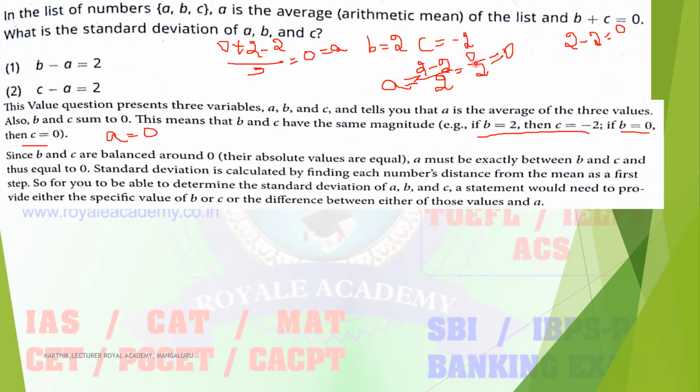Okay, find out the average. 2 minus 2 divided by 2, 0 divided by 2 is equal to 0. A is equal to 0 only. Then similarly, once you find out the value of A, just try the average. 0 plus 2 minus 2 divided by 3, of course you will get 0 only. That is the average, the arithmetic mean. Okay, so next